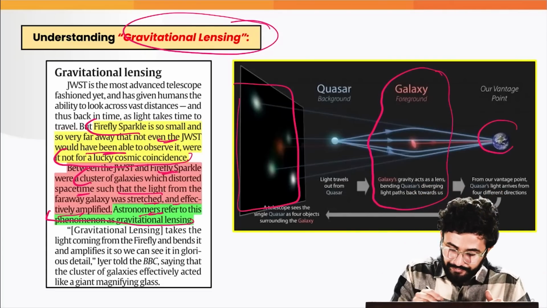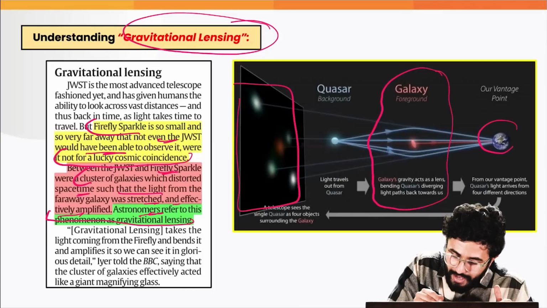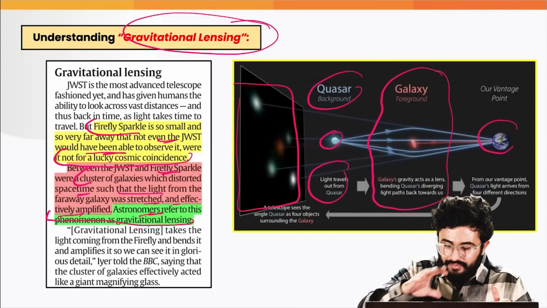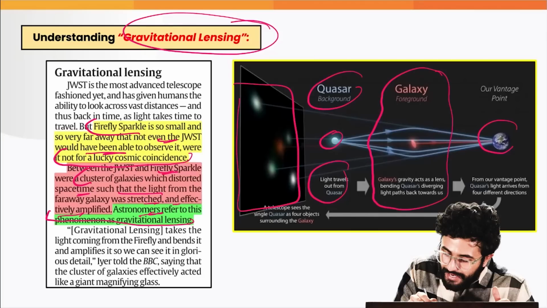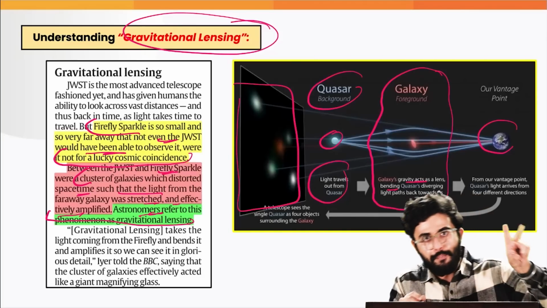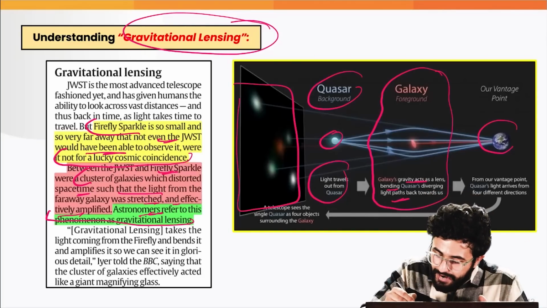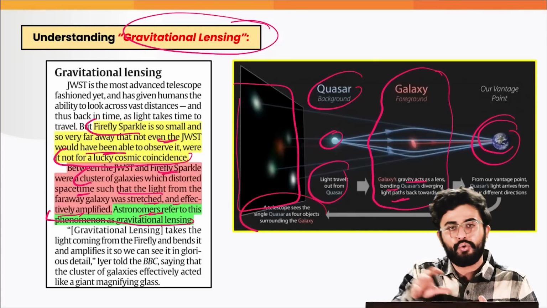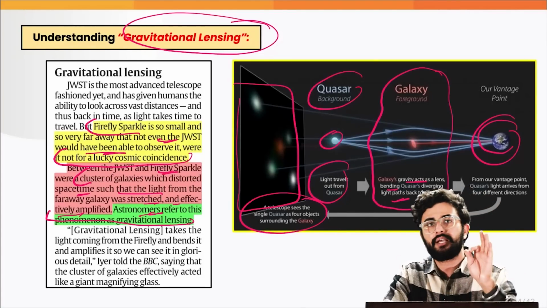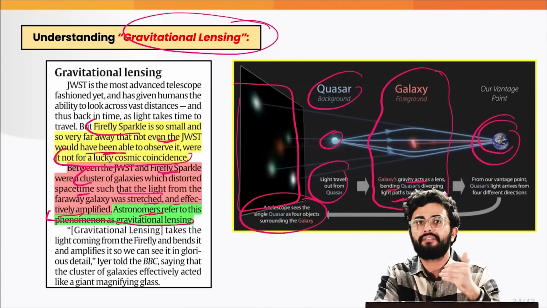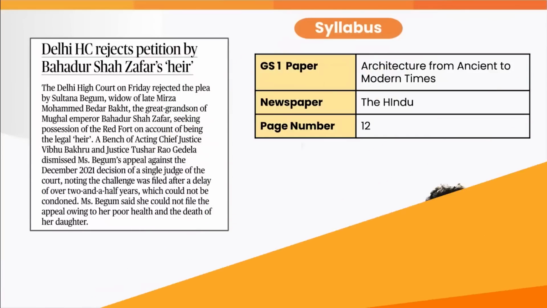So for example, let's say there is a quasar, and light travels out from this quasar. Now there are these galaxies which act as a kind of foreground. The galaxy's gravity acts as a lens which bends the quasar's diverging light path toward the Earth, and this is where we can actually observe it through our telescope, as has been done by the James Webb Space Telescope. So remember this concept of gravitational lensing, and we move forward to the next news, where we are going to